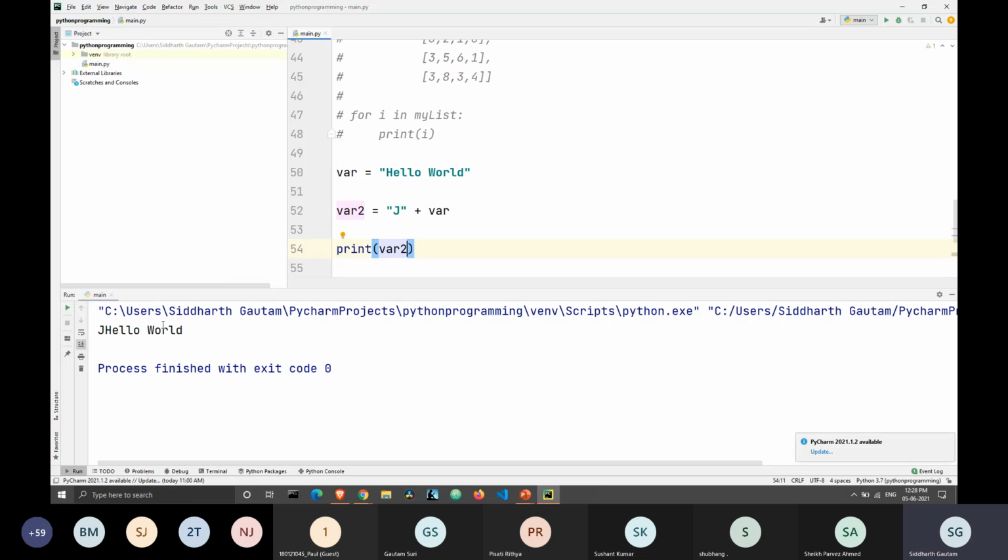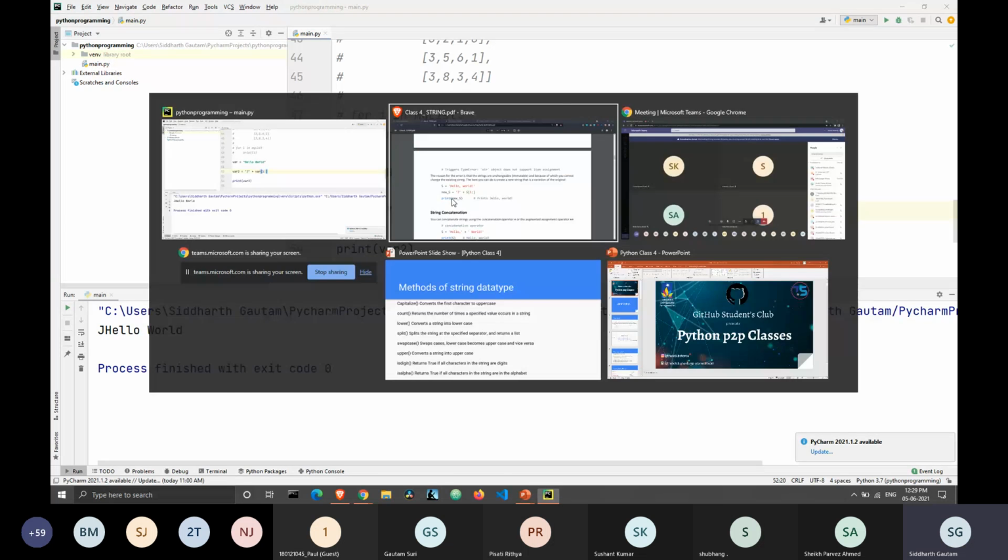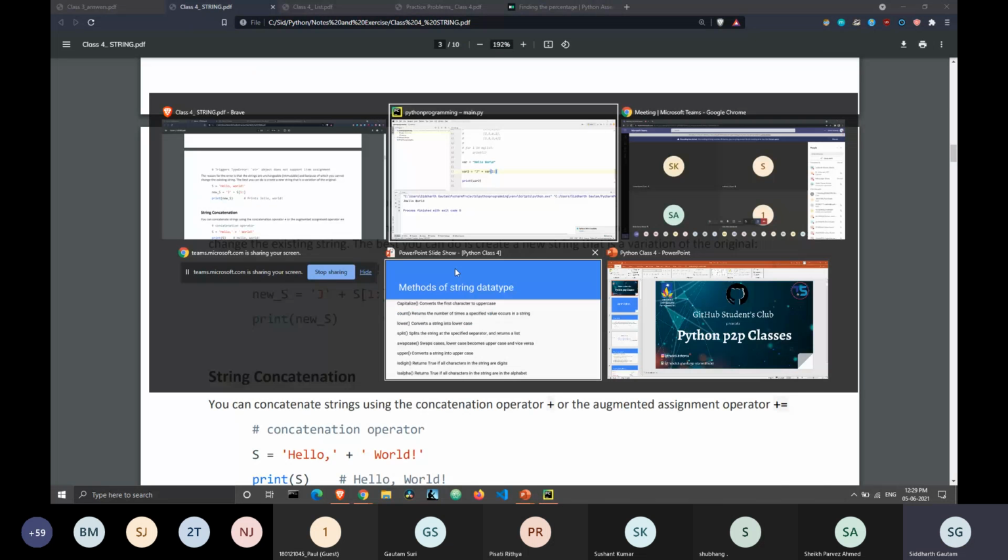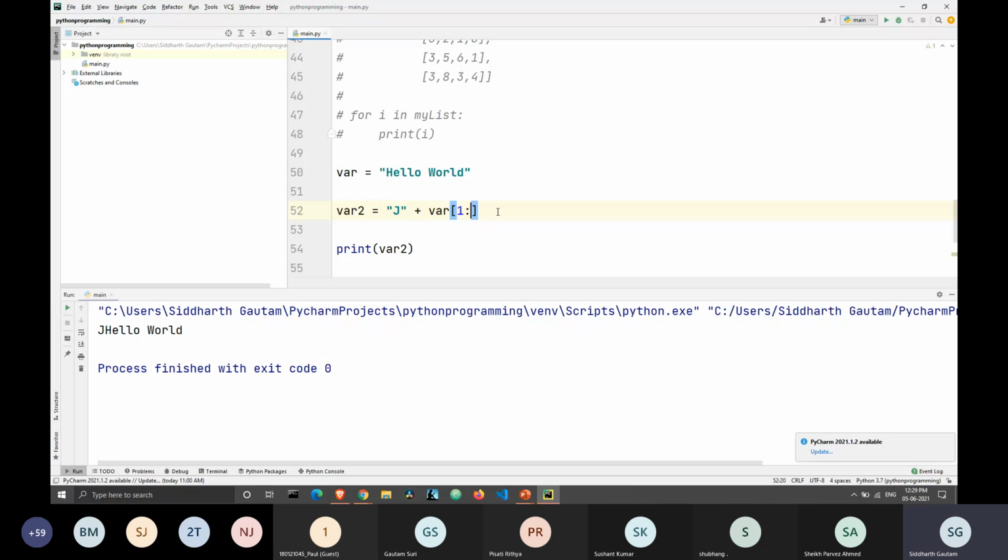But we don't want j hello world, we just want jello world, which means we have to remove this h. We can do this again by slicing. We slice the string and start from the first element, and we don't assign the ending value. When we don't assign an ending value, it just goes on to the end of the string.